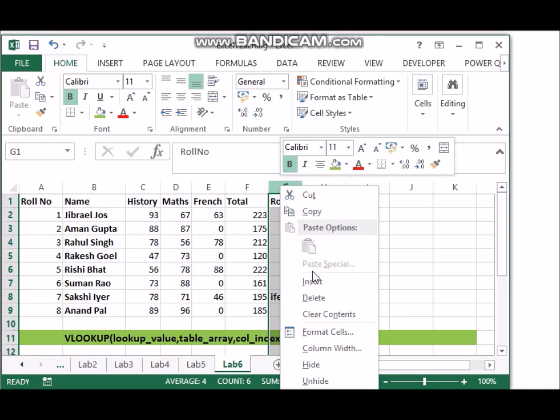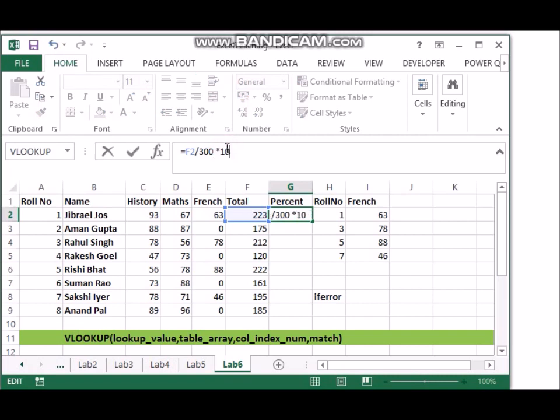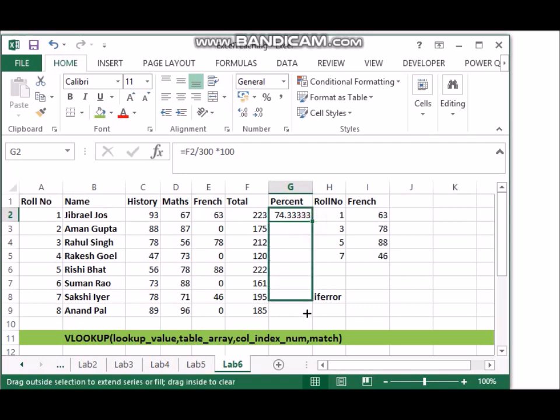If I want to get the percentage, I could do this: equal to this divided by 300, and I get 0.74. If I multiply by 100, I'll get the percentage 74.33.